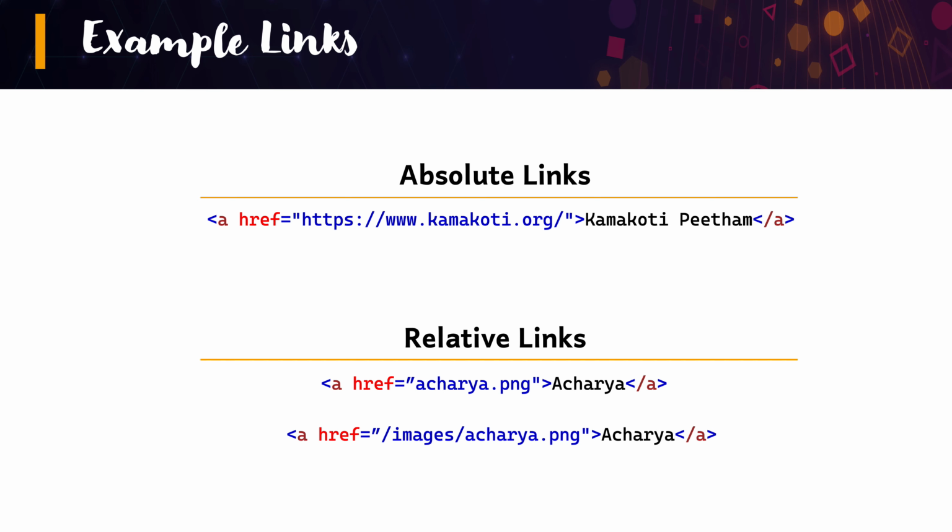So you can say that there is not much of a difference from an HTML perspective as far as relative and absolute is concerned. These are our notion. However, the value that is given to the href attribute defines where the browser is trying to get the data from. So if you just plain simple give the name of the file, such as acharya.png in the first example, then the browser will go and ask the server, get me this file which should be in the same directory, and the server will get that file for us.